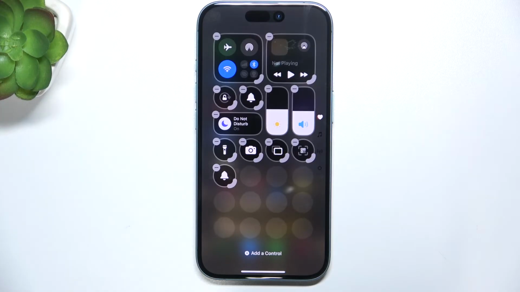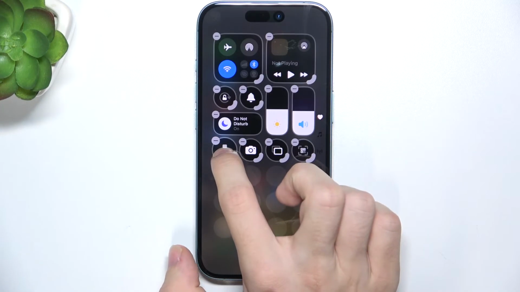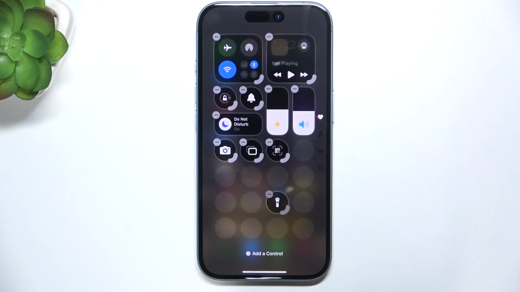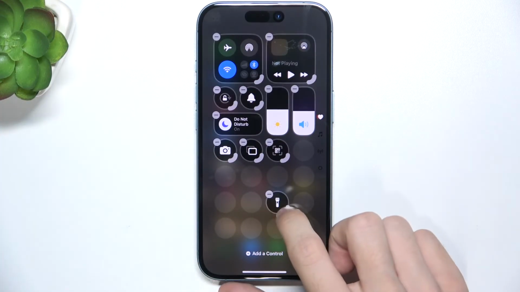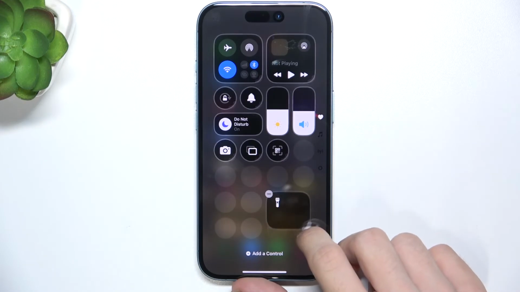it. To remove a control, click on minus. To rearrange it, press and hold and place it wherever you want. You can also resize it,